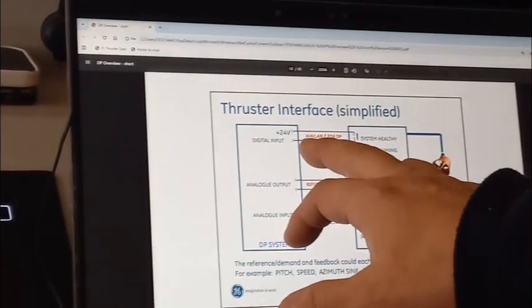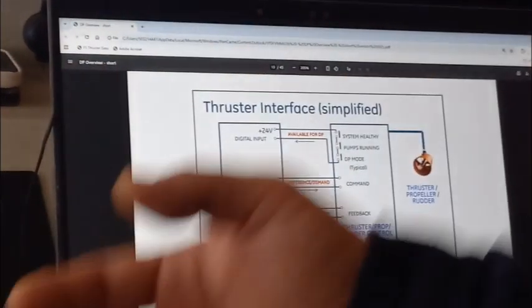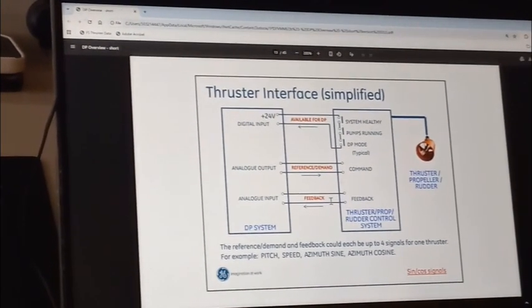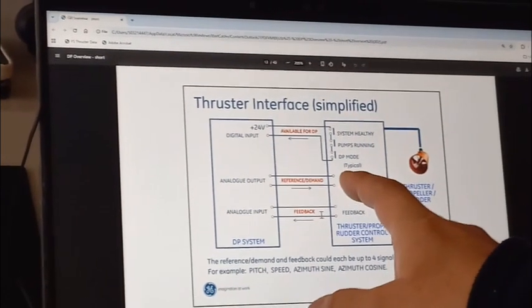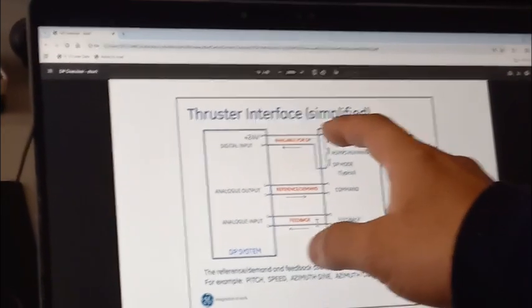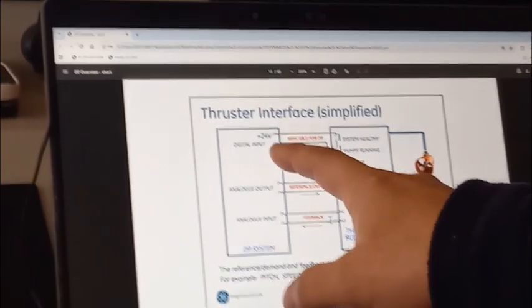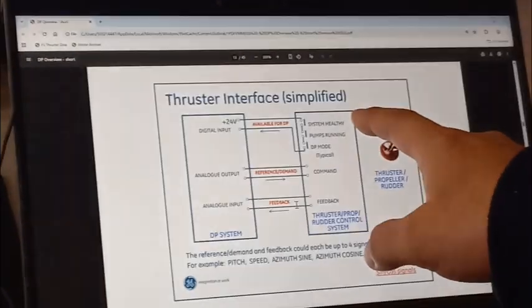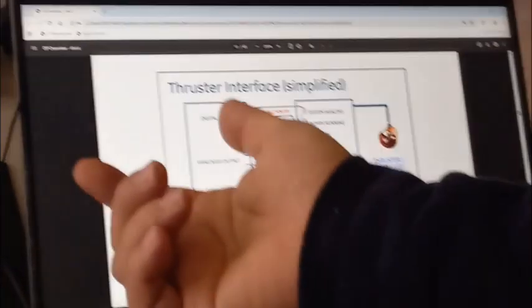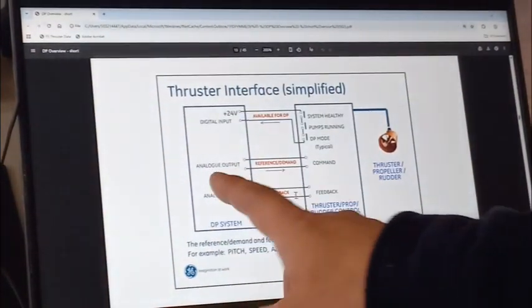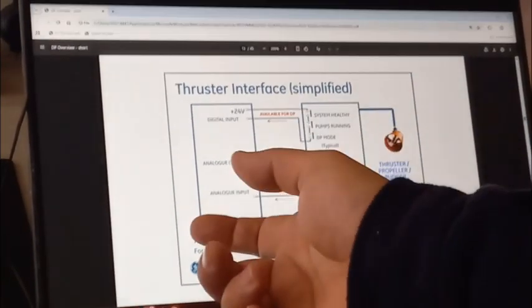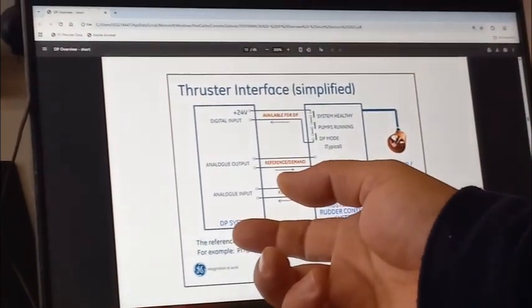Normally we will have an available signal, which is sent from the makers of a CPP or rudder or tunnel thruster. Okay, this is the DP system. We will send a request or DP call, and then they will send an available, and then we send the demand, or we call command, and then they send the feedback. Talking about the